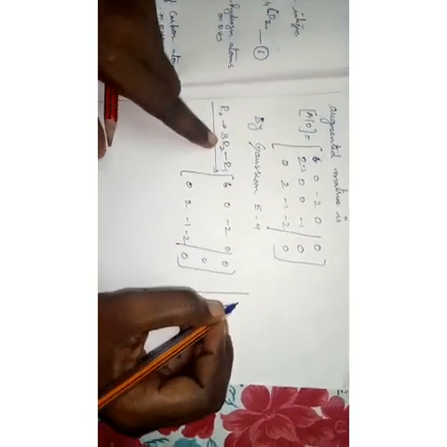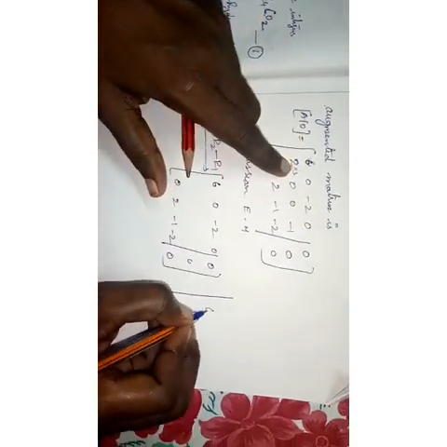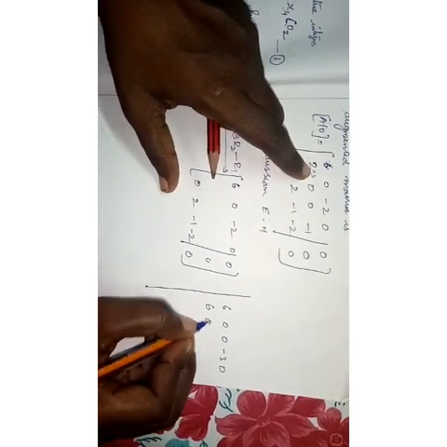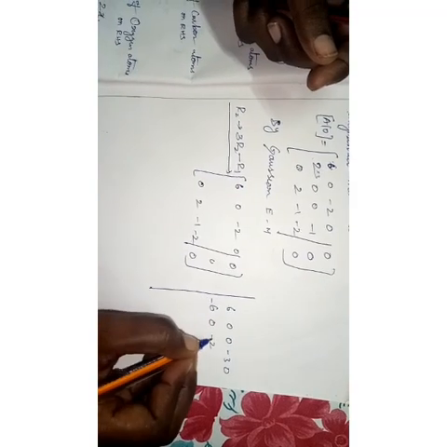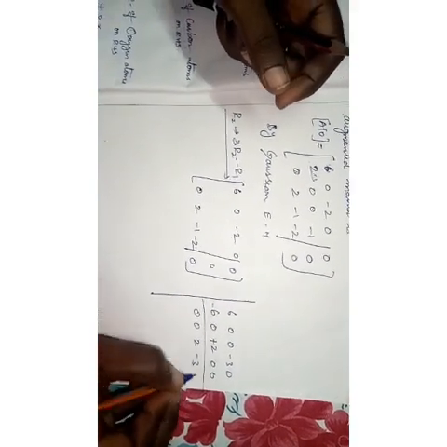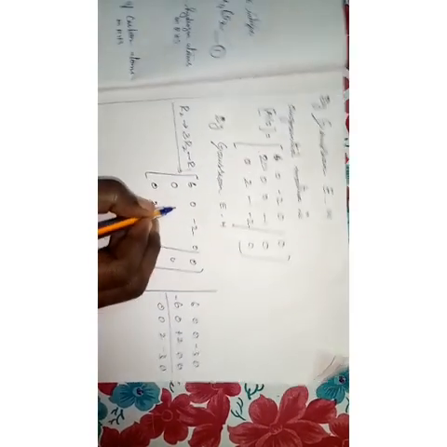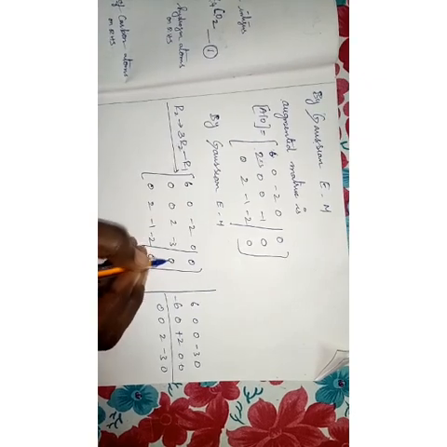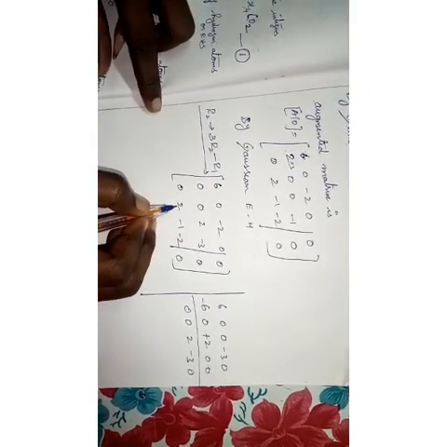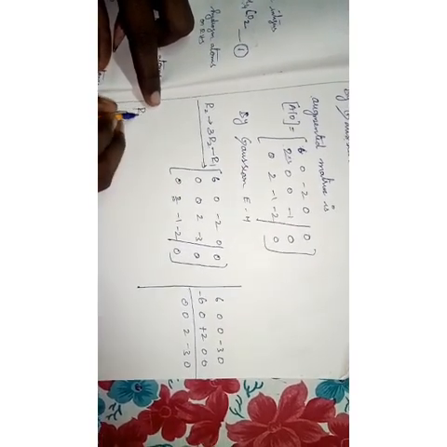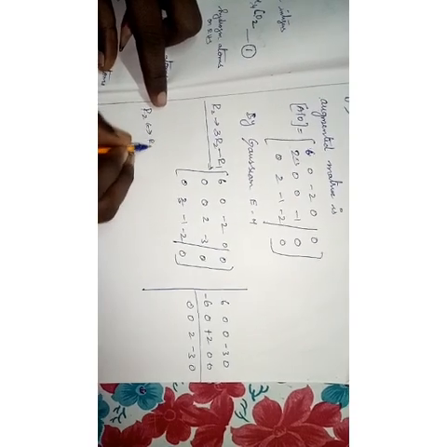Now you write R2 multiplied by 3: 6 0 0 minus 3 0. Write down R1 using minus. The answer is 0 0 2 minus 3 0, the second row. Then I want to make a triangle shape of 0s, so I want 0 here. Better you interchange these two rows, or interchange R3.